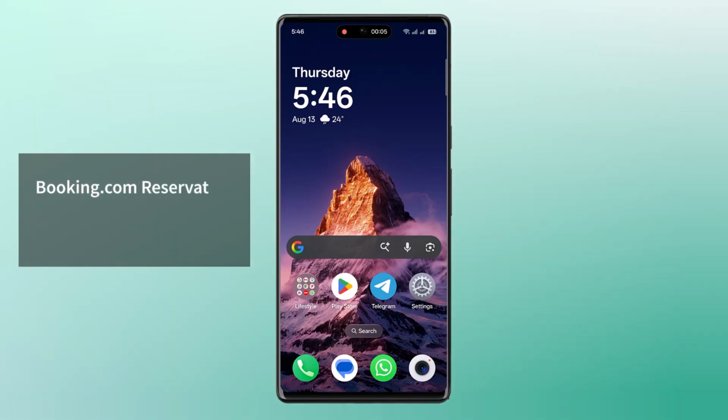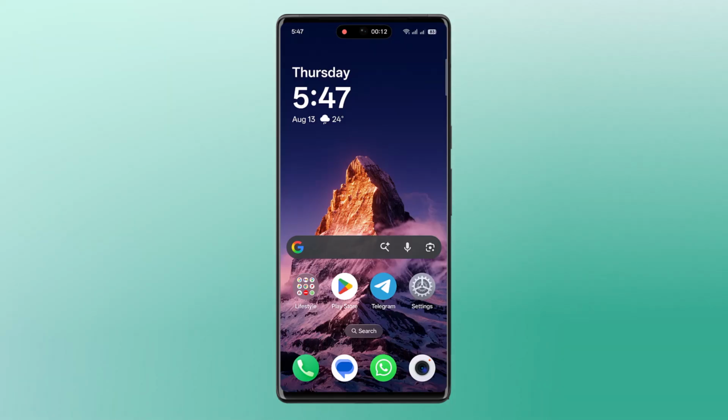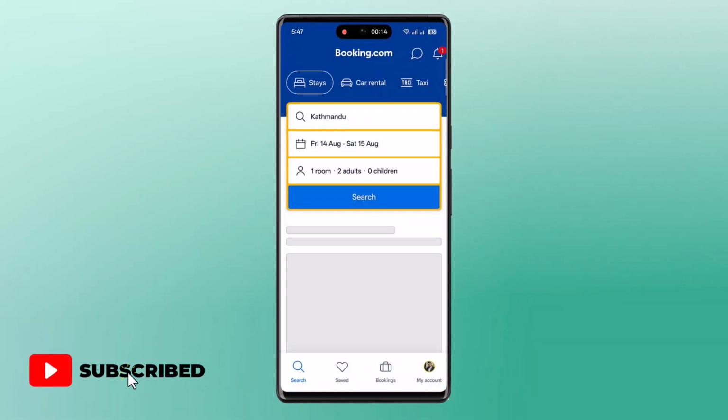Booking.com reservation confirmation not showing, how to fix it. If you want to fix if your reservation or confirmation isn't showing on Booking.com, you want to first launch Booking.com